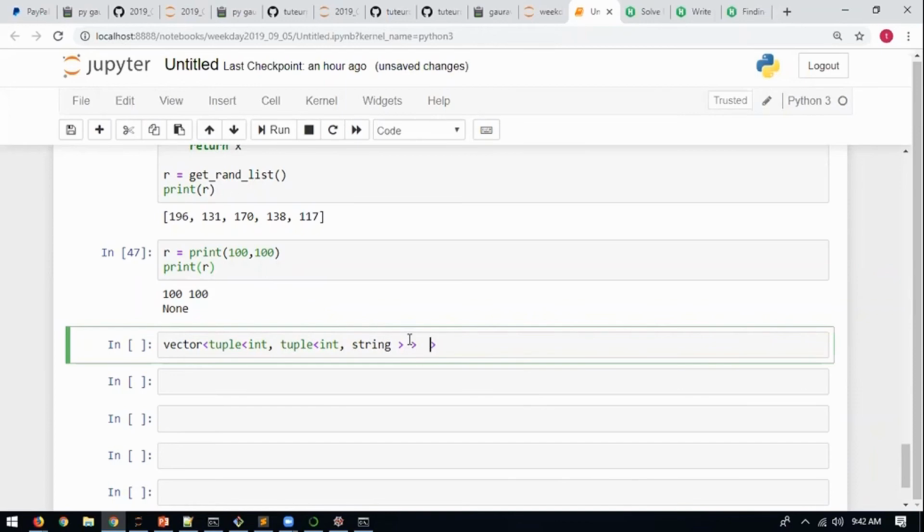First, you have that many brackets. Now, if you miss something or something goes wrong, it will give you an error of 10, 20 lines, and it would be completely unreadable.